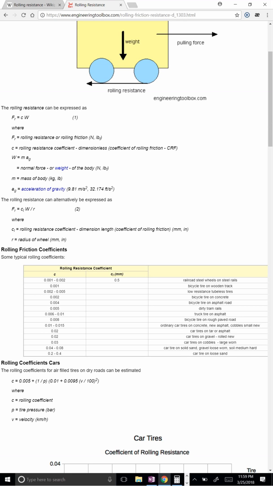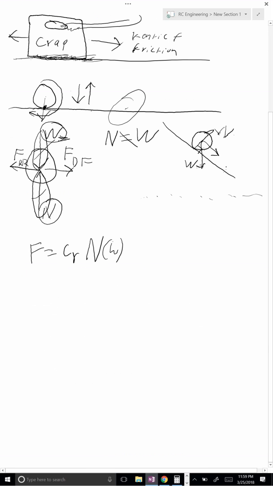And then you can see how much worse it gets when you have something that is loose and moves around, like sand: 0.2 or 0.4 for a car tire. So an example would be a car tire. We have CR is 0.2 to 0.4,